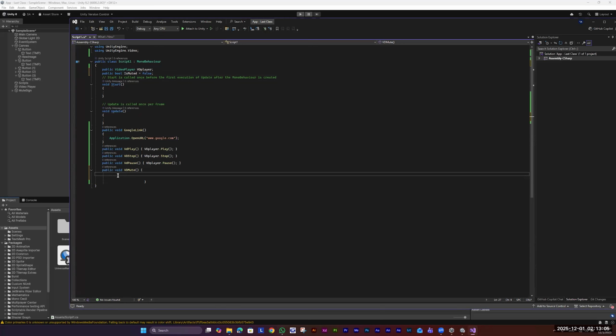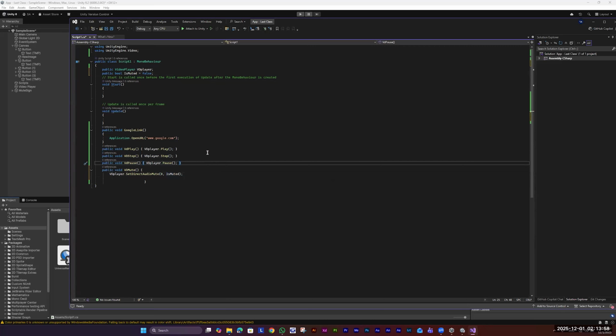So here, I need to call the video variable, vdPlayer dot SetDirectAudioMute, and here I will make it 0, and a semicolon at the end. And here I need to call the function,